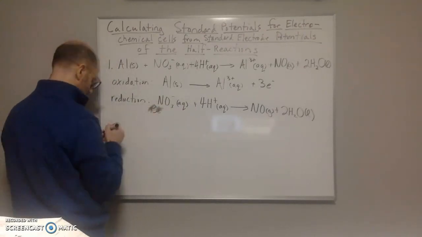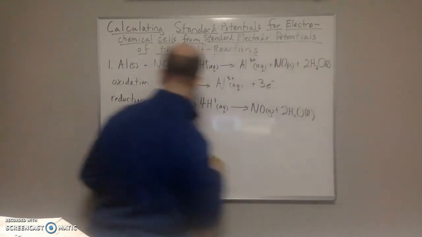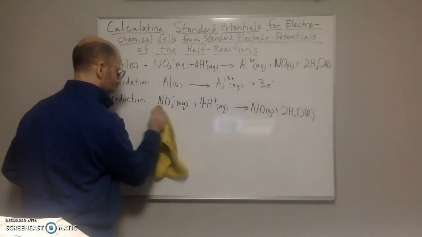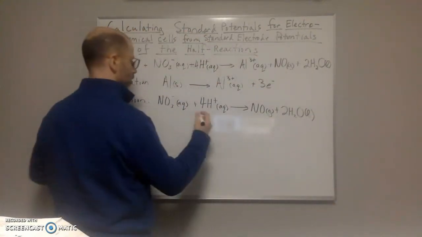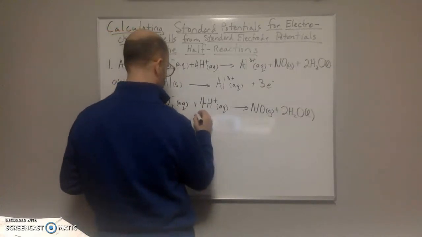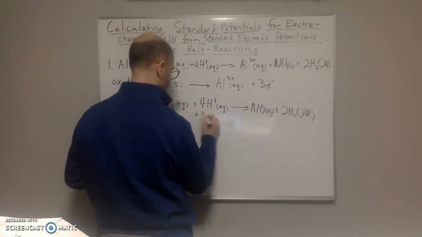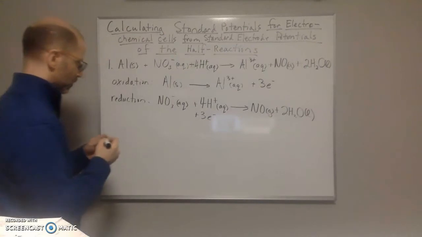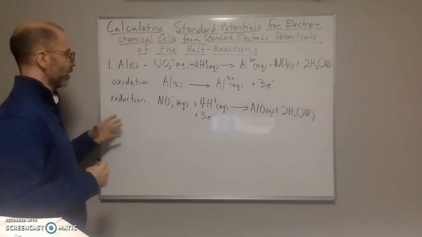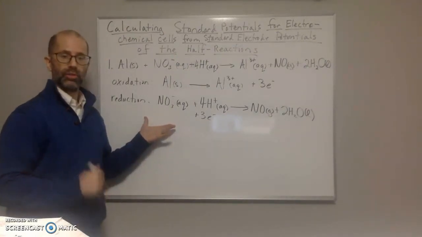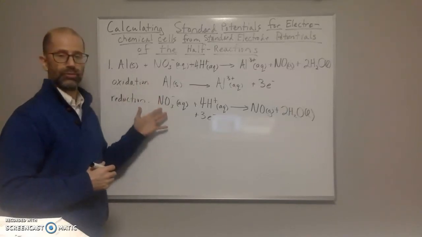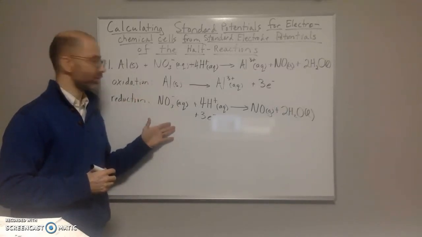Let's put it down here. So we'll just say +3 electrons. Okay, so now all we need to do is look up in our tables for the electrode potentials